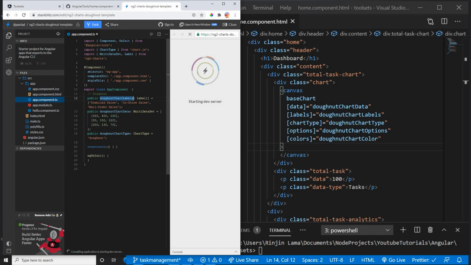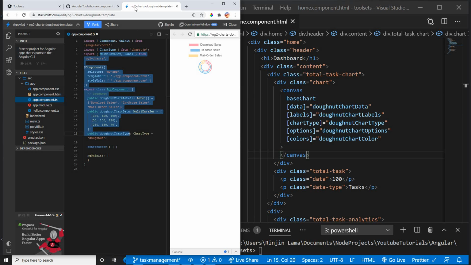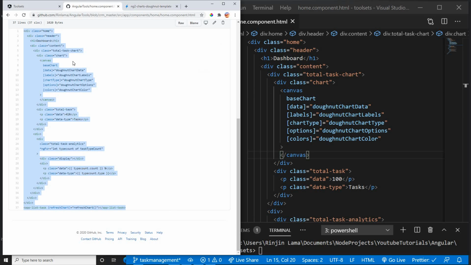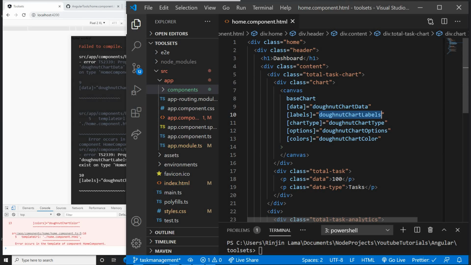We can specify the labels, we can specify the data and the chart type. And here is exactly what it's doing. It's giving a data, it's specifying the label, chart type, options, and the color as well. So I'm putting everything here, exactly the same one. And this is coming from ng2-charts. Okay, so I put exactly the same here, but now I'm seeing the issue because I don't have this defined